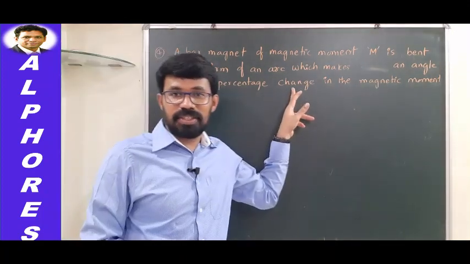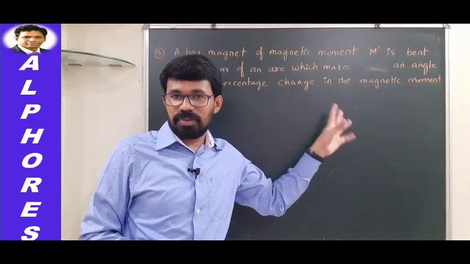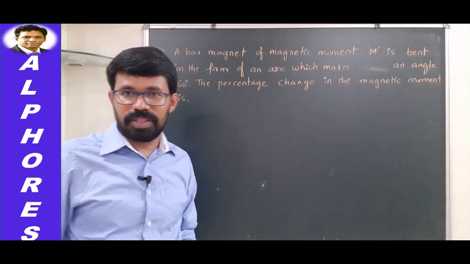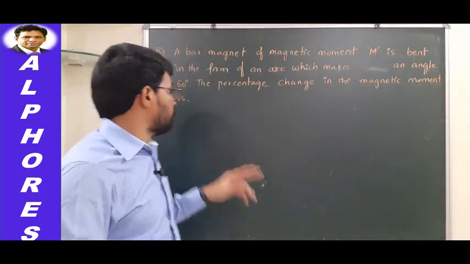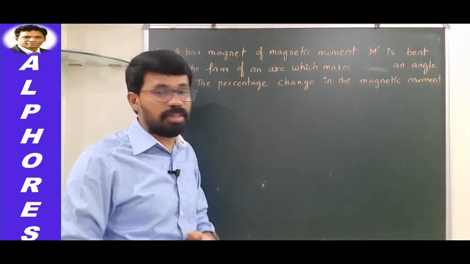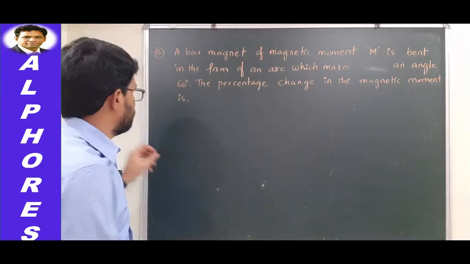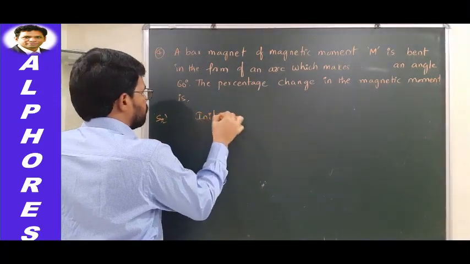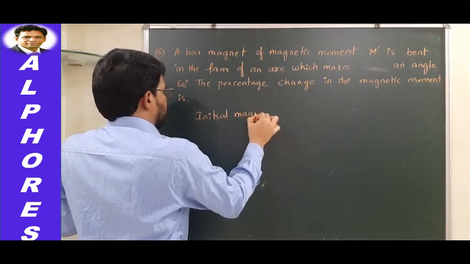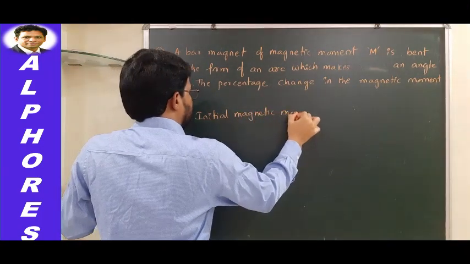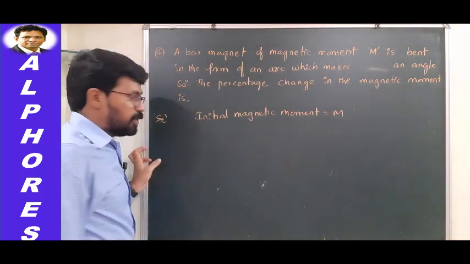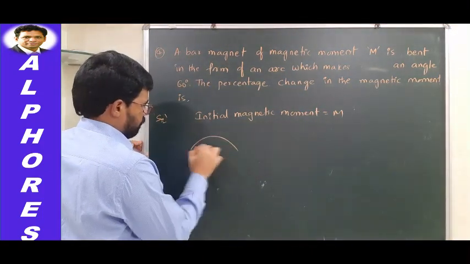So what he is asking us to find out, the percentage change in the magnetic moment, whether it is increase or decrease, he did not mention, but with our conceptual knowledge, we can understand that this change is going to be a decrease. Okay, it is decrease. So we have to find out a percentage decrease in the magnetic moment. Okay, so let us try to solve this one. So initial magnetic moment, how much is that? M. So when it is bent like this,